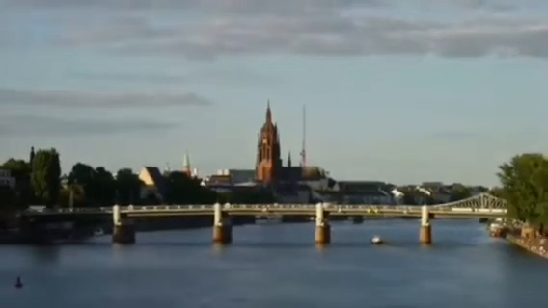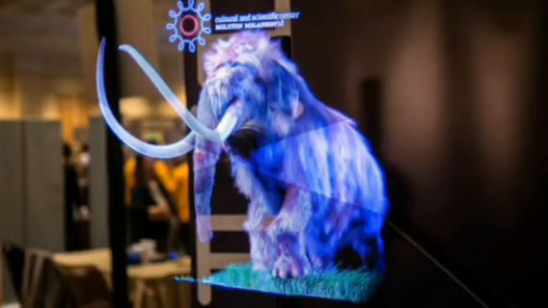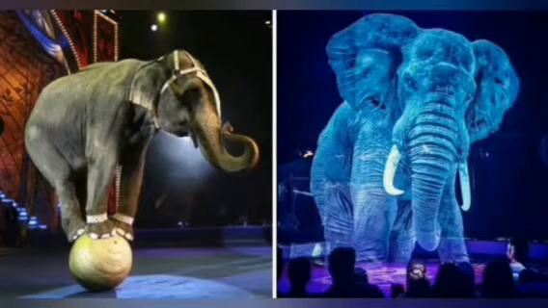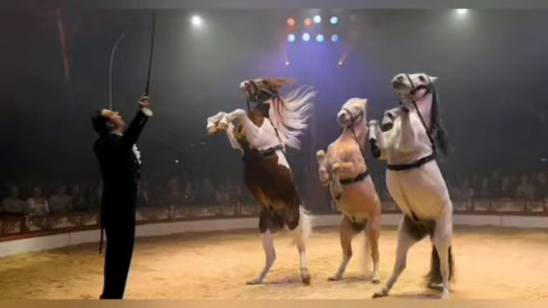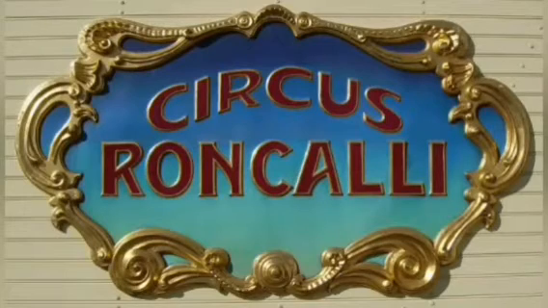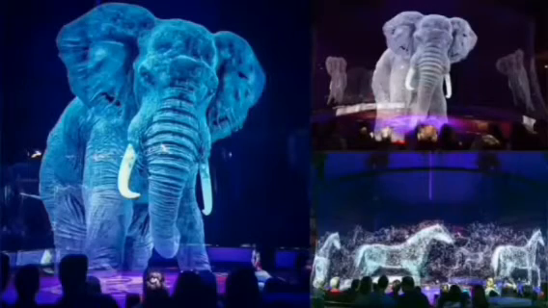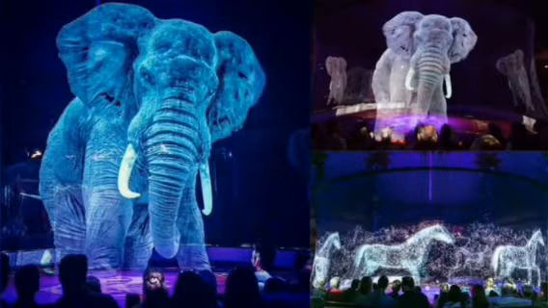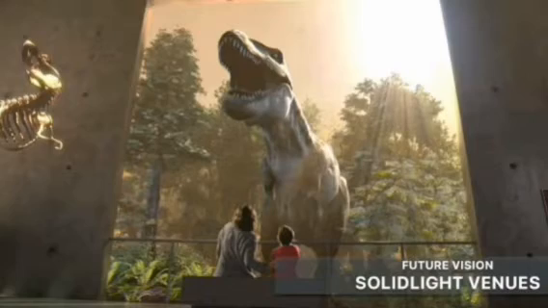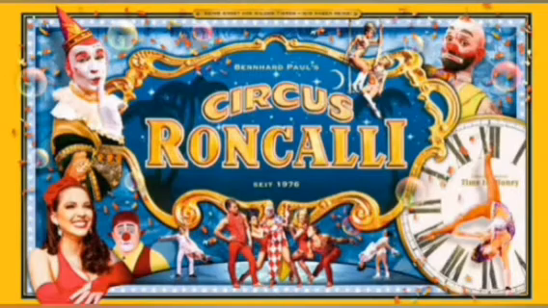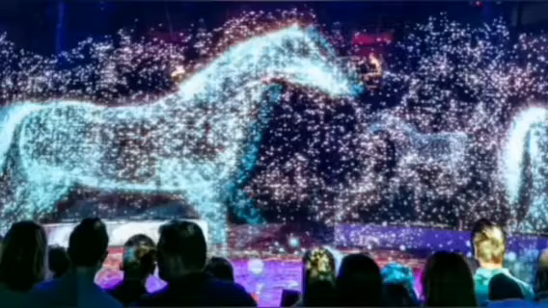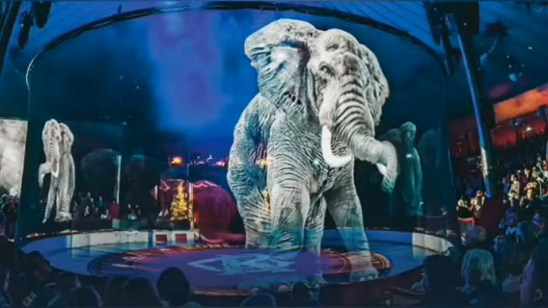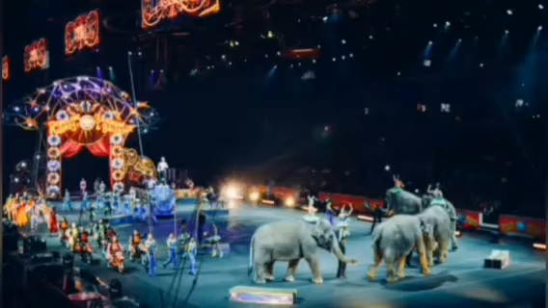One circus in Germany is getting creative in how they plan to tackle the abuse that animals often face. They've introduced hologram animals instead of live performances, without mistreating innocent creatures, and have bid their live animal performers farewell. The circus, called Circus Roncalli, is the first to do this sort of thing. The animations are created on a computer and then projected to the crowd. Since 2018, the show has featured no live animals, turning instead to holographic projection with 360-degree visibility for audiences seated around the ring.